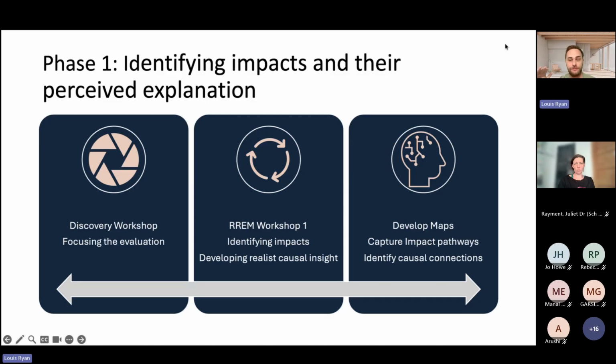So through this, we would then look to capture those impact pathways. So rather than say, here is one impact pathway, this is my program theory, this is what is causing change to happen across this whole piece of work, this whole intervention, we would look at the whole map and look to see multiple pathways, and to develop program theories, those causal connections, what is causing change across the whole map.